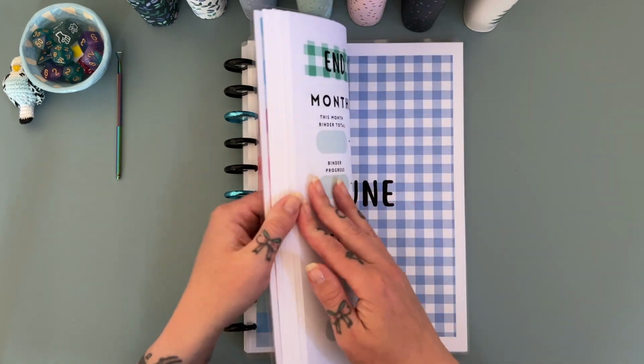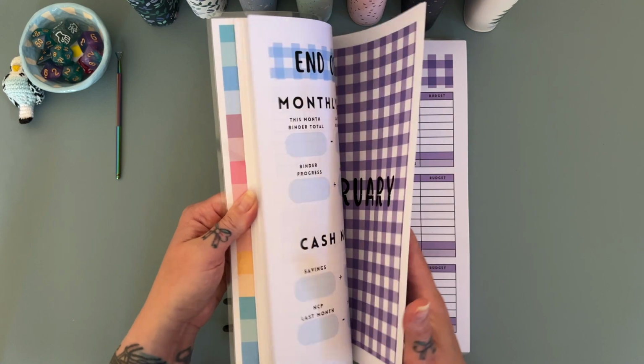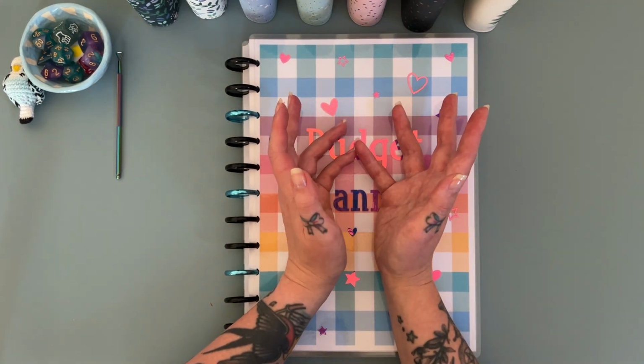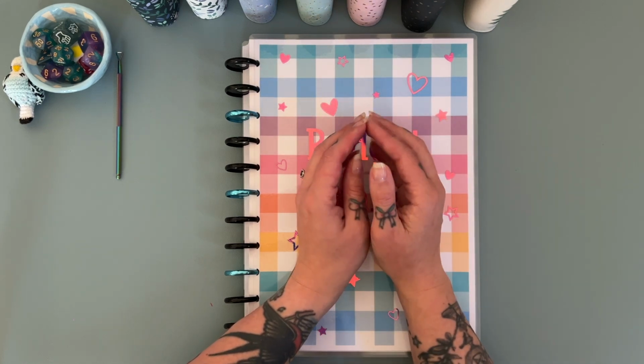I'm sure at some stage I can do an expense tracker as an add-on, or I know there are a million different places on Etsy you could just get a digital expense tracker as an add-on to print off yourself. I know it won't match then, but